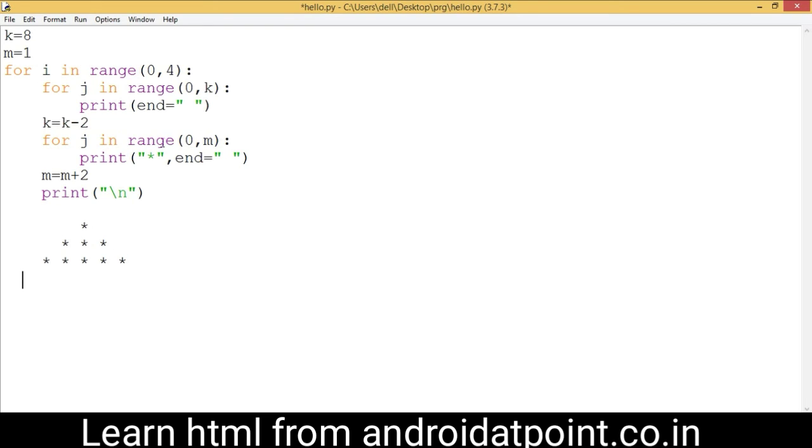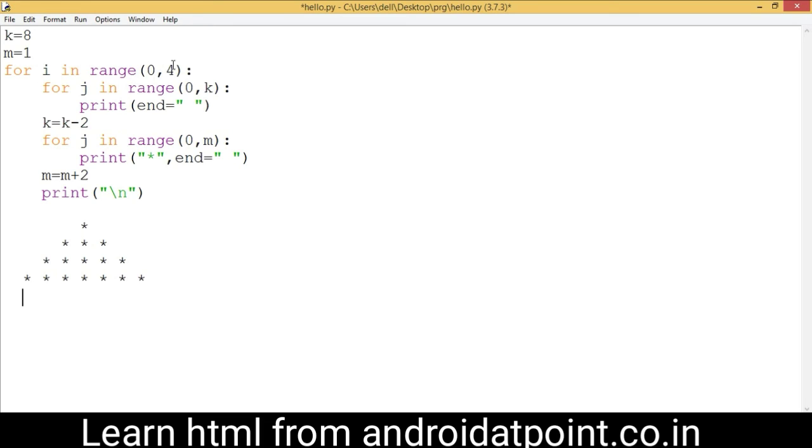Control comes here and initializes the 0 value as a lower limit to this loop, and the value of m is 7. So this loop will be executed 7 times and print the star 7 times. So just write here 1 star, 2, 3, 4, 5, 6 and 7. Now this loop is terminated. Control comes here and simply adds the 2 value to the variable m. So 7 plus 2, 9. The value of m is 9. Control comes here and simply changes the line.